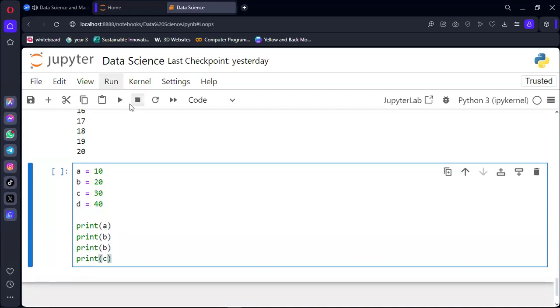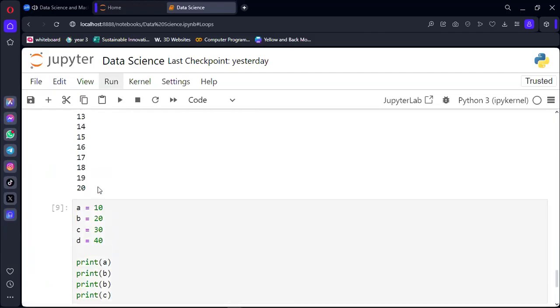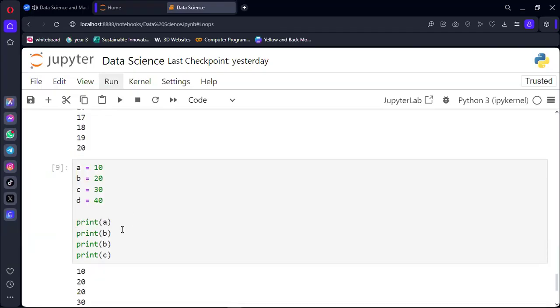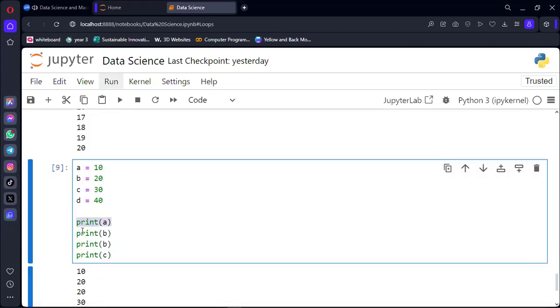So you see here, if I want to print out these values that are in variables like a, b, c, d, all these variables, it means that I have to write print a, print b, print c. But assume that I have something like 100 variables or items that I want to get an output. It means that I'll have to write all those print statements so that I may get the values